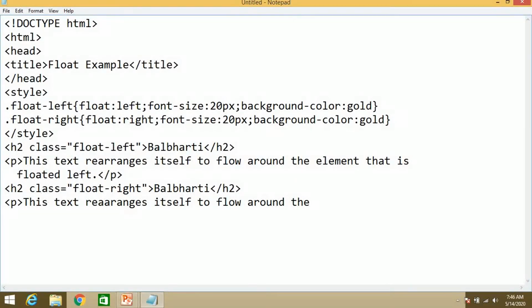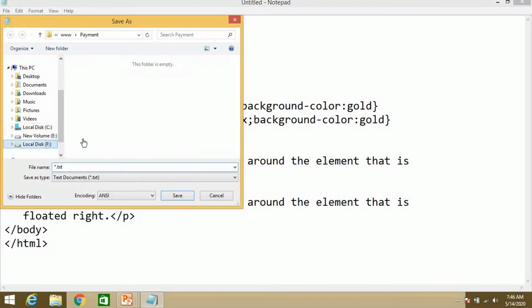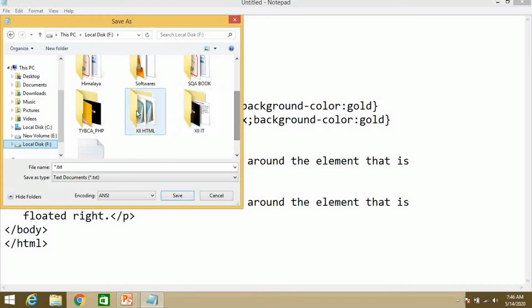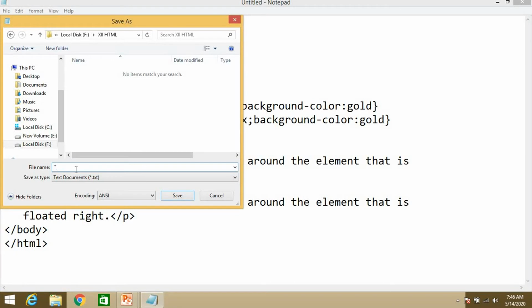Around the element that is floated right. That is floated right. Just close this paragraph tag. After that close the body tag, close the HTML tag, then you have to save this. We are always saving this in a folder called 12 HTML, with a name called